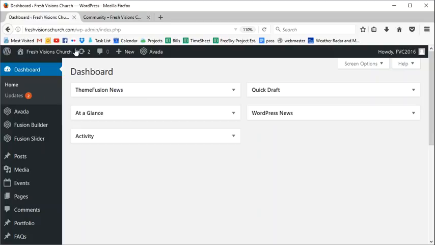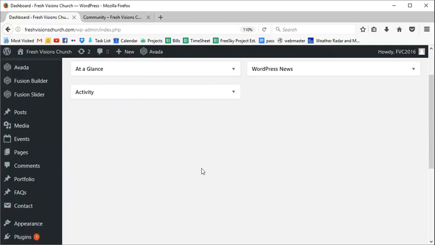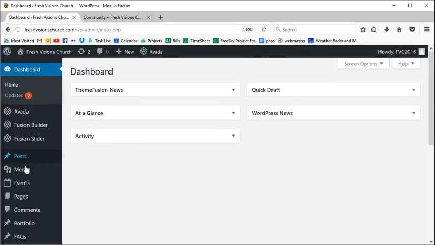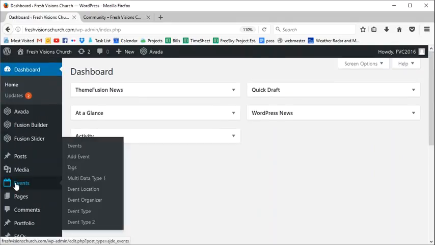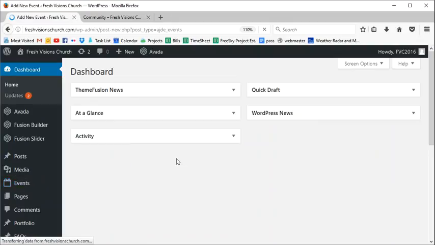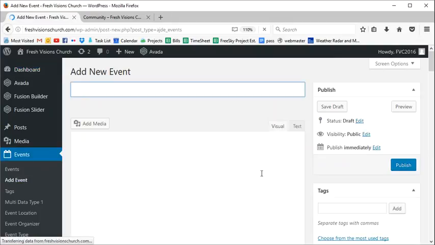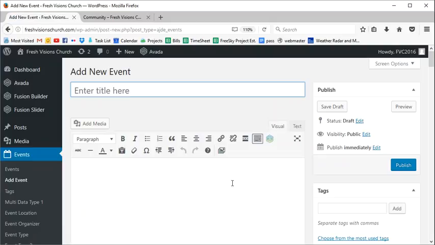So the first thing you do is log in and go into your dashboard, and then if you just scroll down here to this events tab, just hit add event, and it'll take you to a page editor. And this is the basic page editor. It's super nice and super easy to use. Let's just call this a new event,